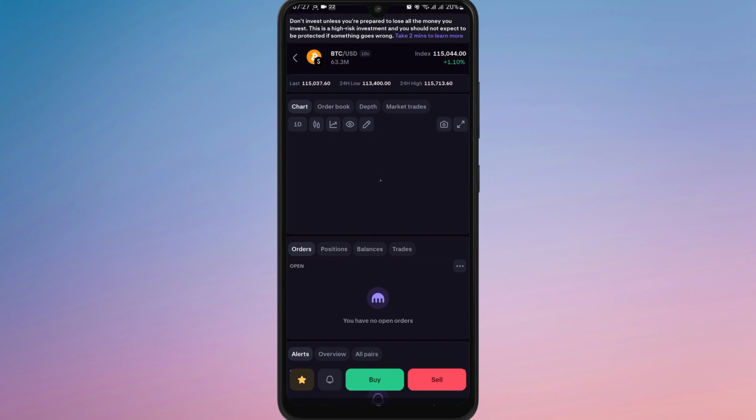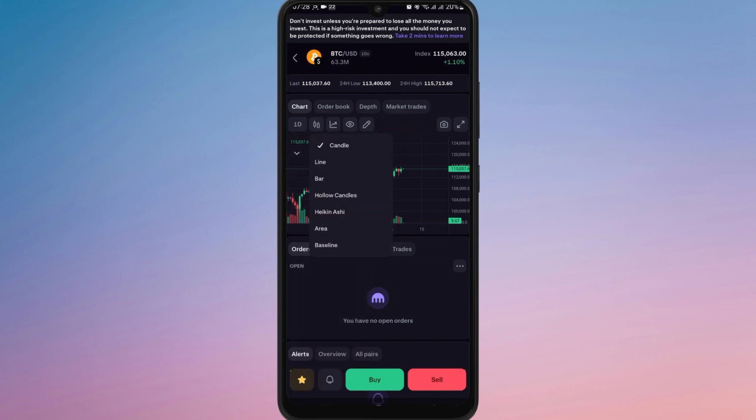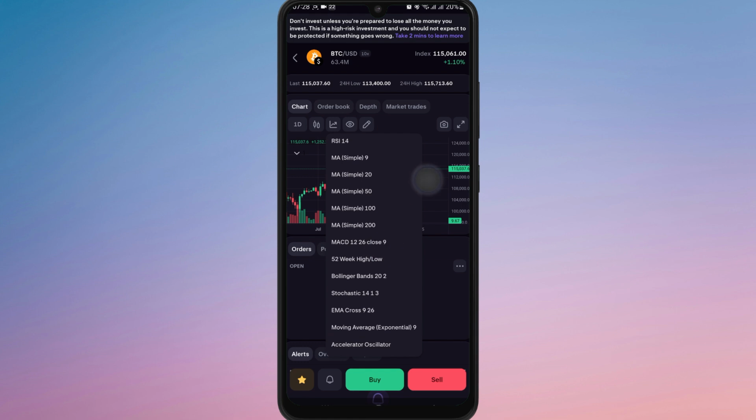On the trading screen, you will see the advanced chart displaying price movements over time. You can zoom in and out of the chart using pinch gestures to focus on different time frames like minutes, hours, or days. Use the Tools menu to add indicators like moving averages, RSI, MACD, and Bollinger Bands to help analyze trends and momentum. Switch between different chart types such as candlestick, line, or bar charts to suit your trading